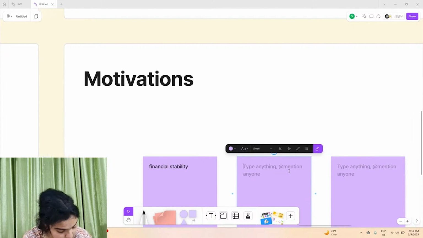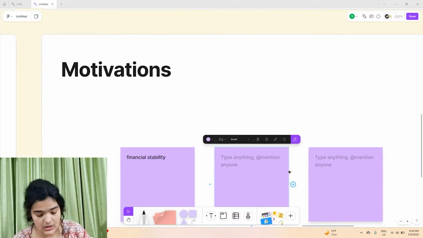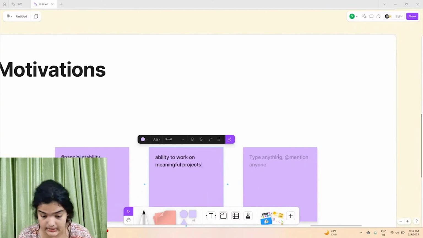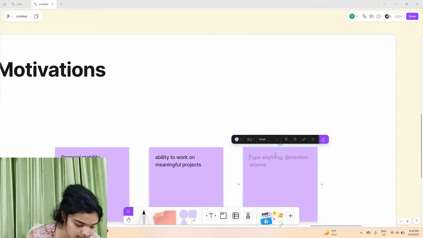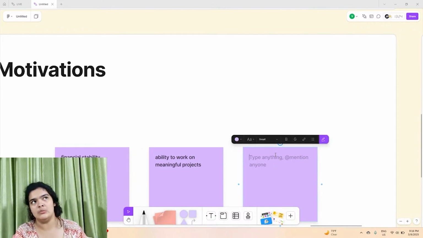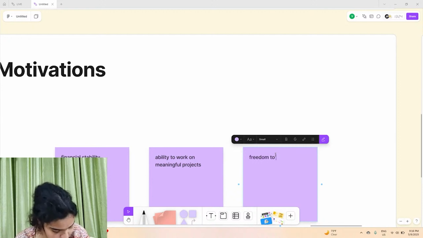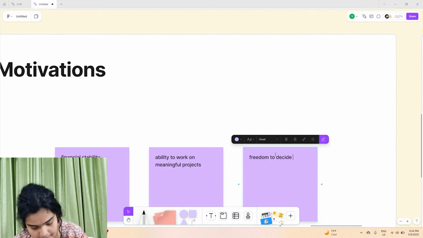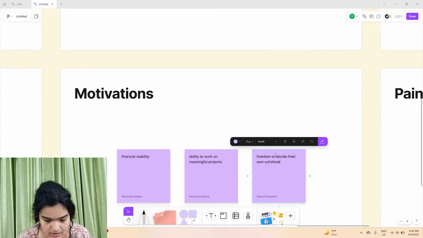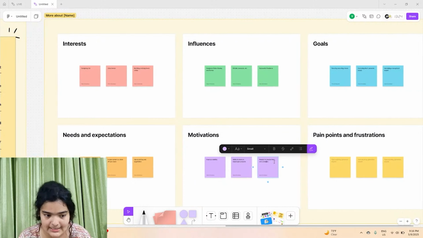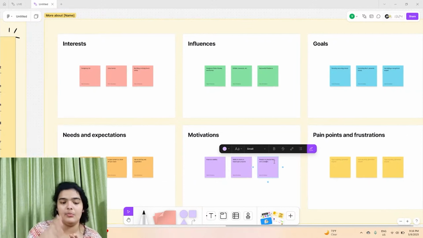Another motivation that this person could have is the ability to work on meaningful projects. Another thing that the user could have as a motivation is freedom to set their own schedule, which is the reason most people take up freelancing. Freedom to decide their own schedule and avoid burnout, right? All right, so with that, we've basically told ourselves and others on the team what the interests are, what